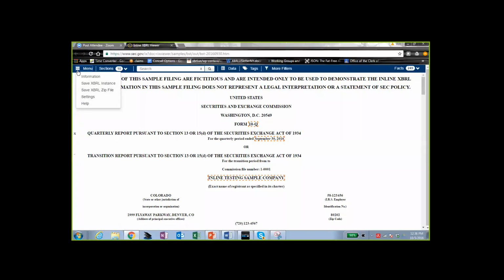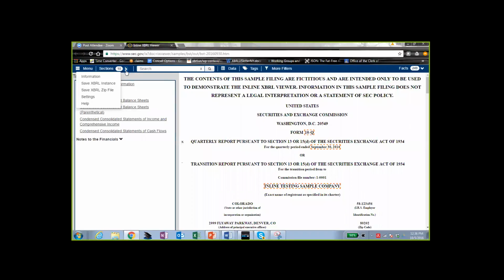Do you want to? Yeah. Or should I go on the index? Okay. And we're on the index, which shows tagged sections, then financial statements. Yeah, so if you just click on the thing that says sections, that little downward arrow.